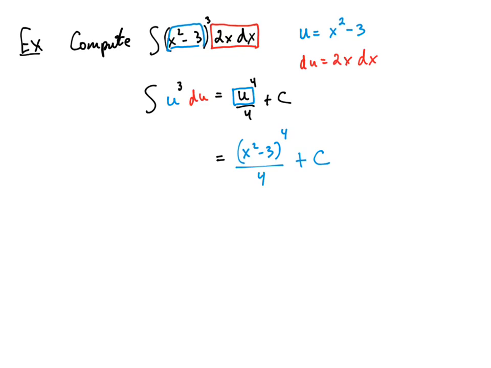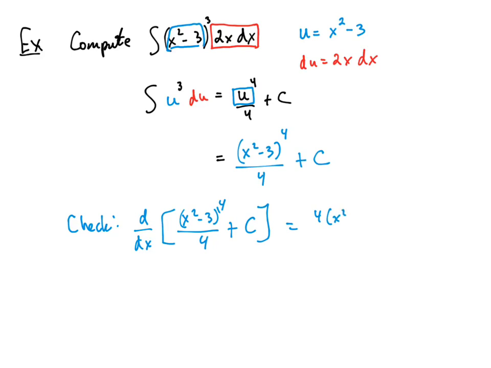So what we can do here is actually check this just by taking the derivative of what we have as our answer. So d over dx of x squared minus 3 raised to the fourth power divided by 4 plus c. Okay, so I'm going to use the chain rule here. So this 4 in the exponent becomes the coefficient, x squared minus 3, the exponent decreases by 1. I'm still dividing by 4, and then the derivative of a constant is 0. So these 4's cancel, and what we see is,